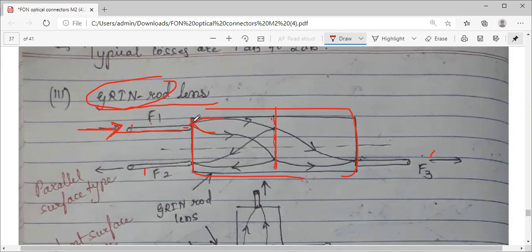You can see at this end, when it enters the lens, it will have beam expansion. It gets split into 2 different beams. Inside this, when it hits this surface, what is happening? Again, it has the property of both beam expansion and collimation. Here, because of the properties of the lens, some part gets reflected and the remaining part gets transmitted. This is one way.